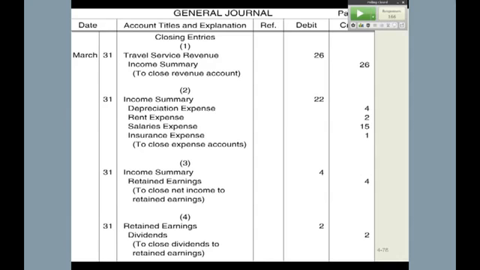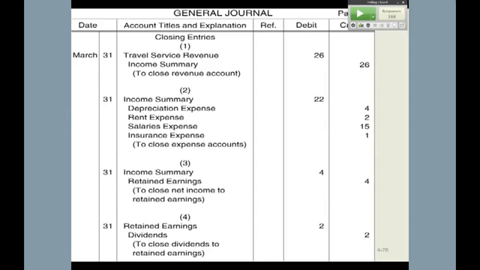So at this point, if you draw up the T accounts for each one of these, and you'll see a lot of this in terms of exercises or in homework, you'd find out that the revenues are now 0, all those expenses have 0 balances, and the income summary has a 0 balance. And of course, now you transfer the dividends to retained earnings, you debit retained earnings, and credit the dividends. So after the process of journalizing and posting those closing entries, you now only have permanent accounts. The only accounts that are going to be left are going to be balance sheet accounts.